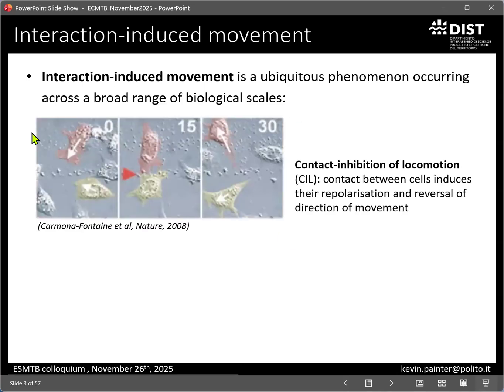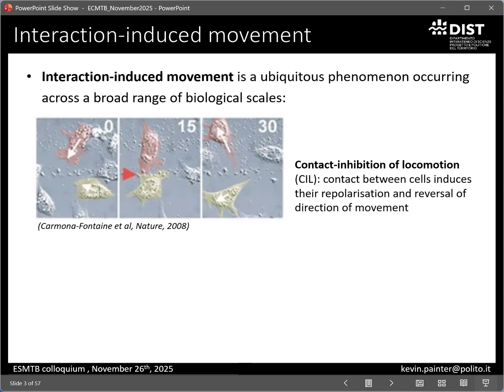A classic example of this occurs in migrating cells through the process of contact inhibition of locomotion. These images here show 2 migrating neural crest cells that are, at the start of these timeframes, moving towards each other. And then they contact each other at a certain point, and that induces a repolarization and a reversal of their movement direction. So this is an example of an interaction-induced movement between cells where their contact results in them changing direction